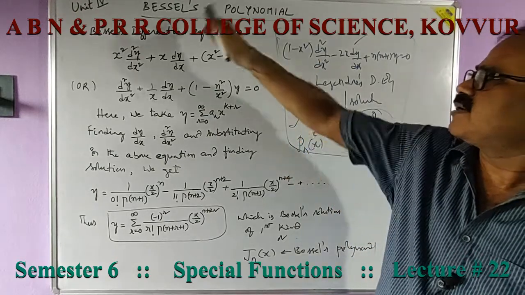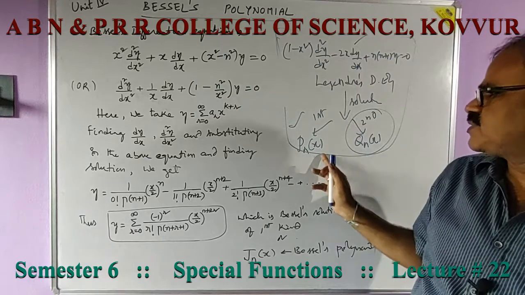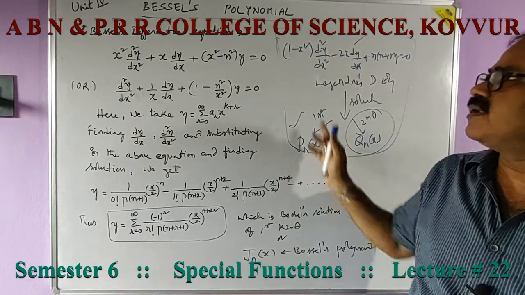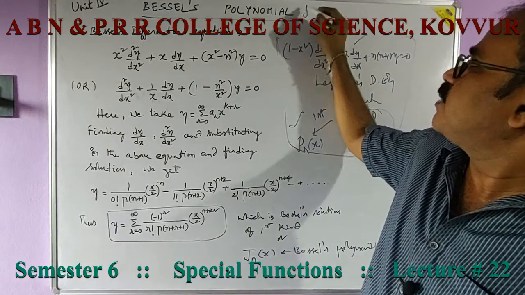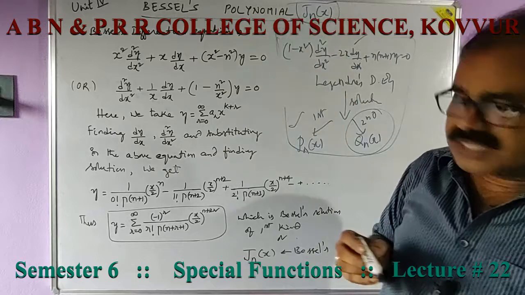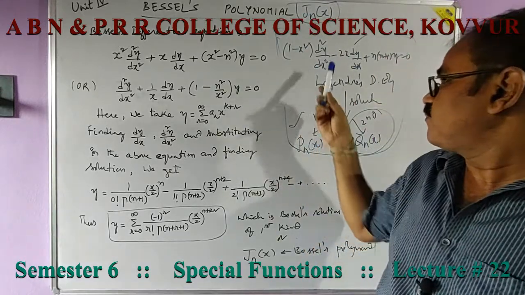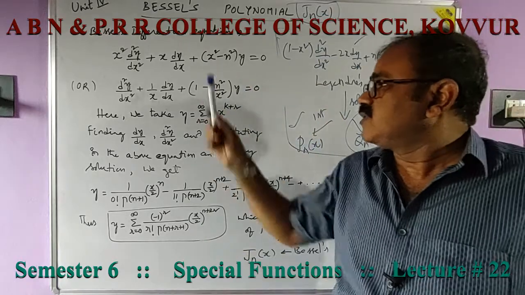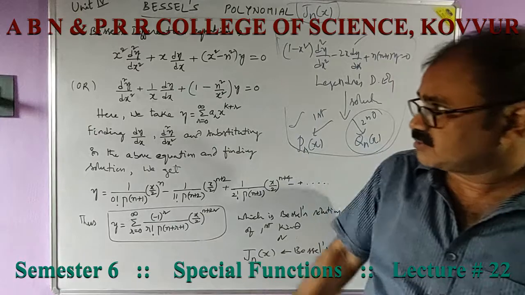Similarly, let us go for Bessel's polynomial. Pnx is said to be Legendre's polynomial. Now let us have Bessel's polynomial. It is denoted by Jnx. In the same way, there is a differential equation which is Bessel's differential equation, that is